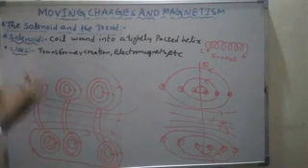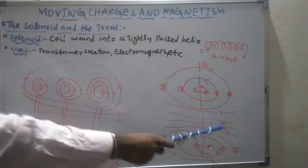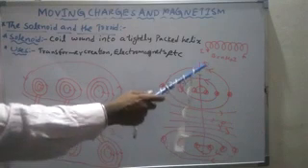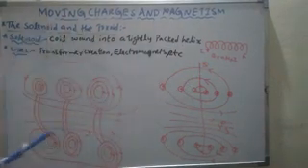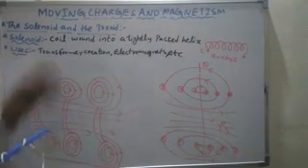So the current carrying solenoid is what? Actually like a magnet. Okay, so here P point is there, Q point is there. At P point there are many magnetic field lines, at Q point there are fewer magnetic field lines. Means at P point there is a more magnetic field, at Q point there is a less magnetic field.